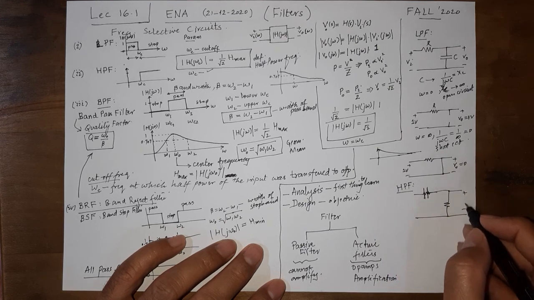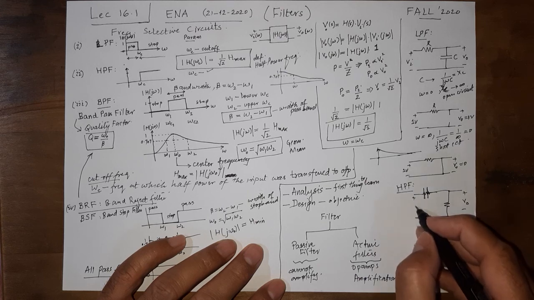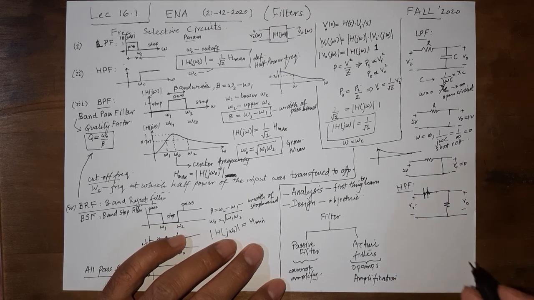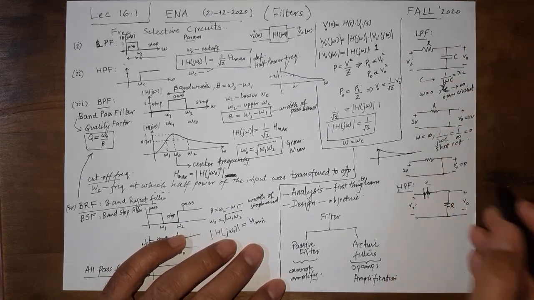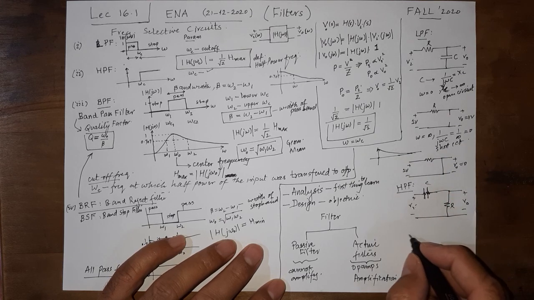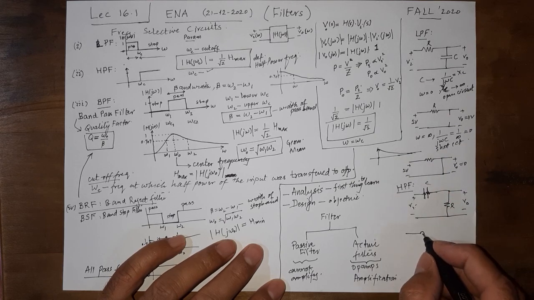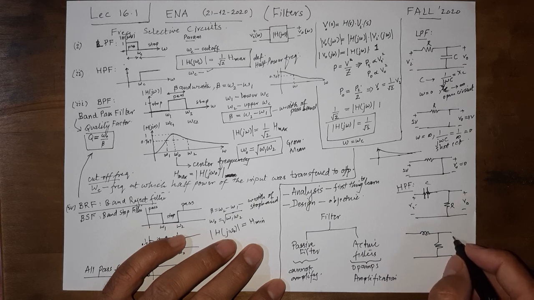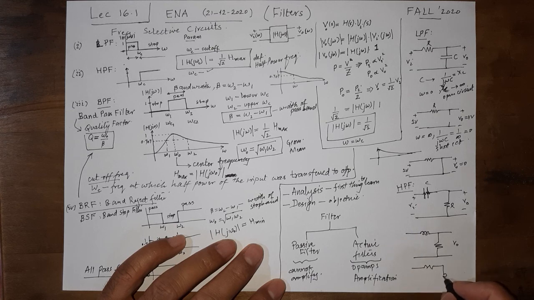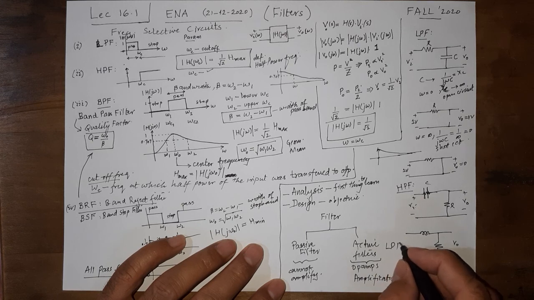Now do the same argumentation and see why this looks to be a high pass filter. And similarly, there is another low pass filter. If instead of an RC filter, we have an RL filter, and if we take the output across the R, it is a low pass filter. And if we take the output across L, it is a high pass filter. So this is a low pass filter and this is a high pass filter as well.